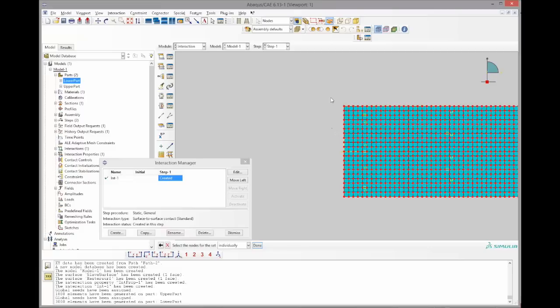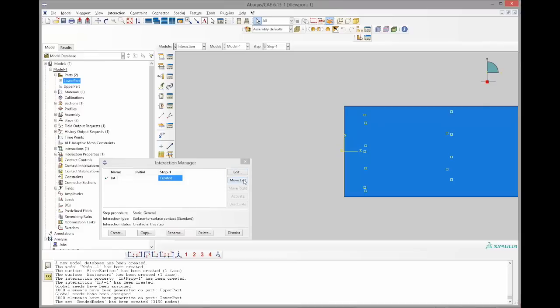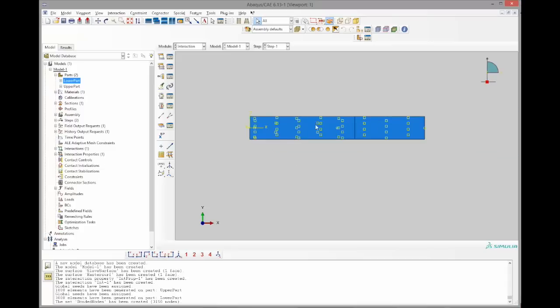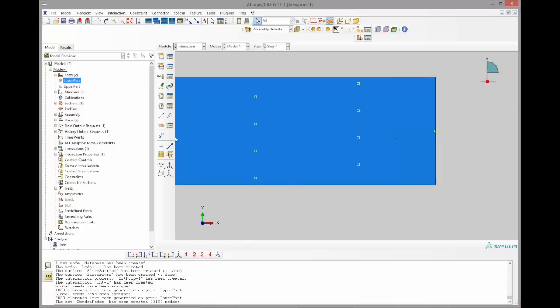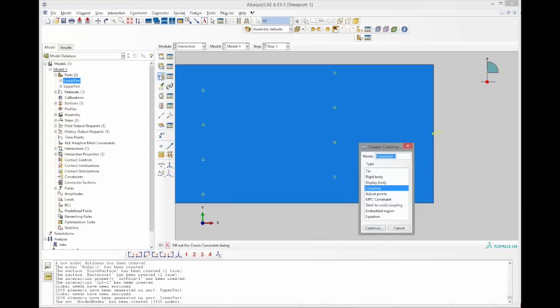So let's take all the nodes except the last row, because the last row is defined with boundary conditions, and boundary conditions and the bonded nodes, they don't like each other. Okay, now the contact property is set. Next thing to do is the coupling on the right side, and therefore we need a reference point. A reference point goes to the datum point we created earlier, and the coupling is defined with a coupling,